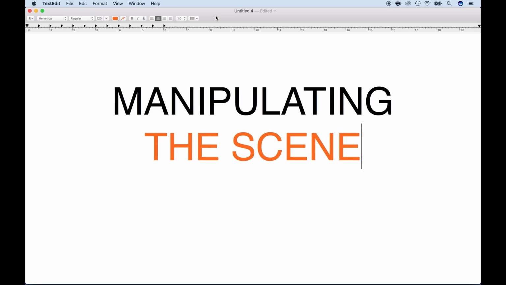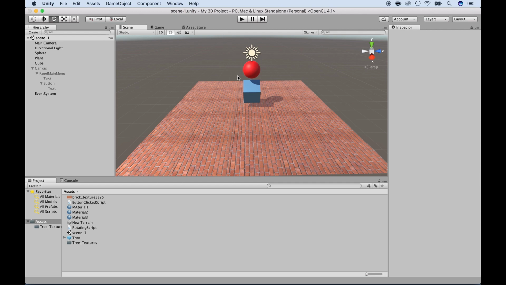In this lecture, I will show you how to manipulate the scene. So back in Unity, we have just a very simple scene with a sphere, a cube, and a plane with a texture. Now you will learn more about this in the following lectures and you'll get to do that as well. Alright, so what we're going to do right now is be able to move around the scene,